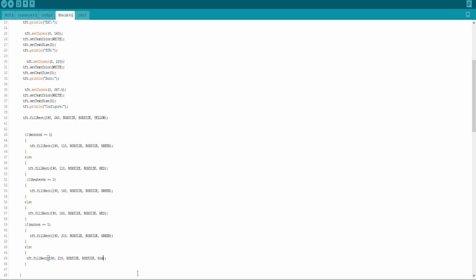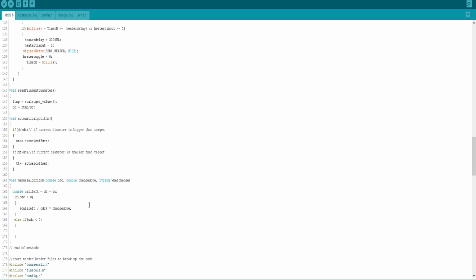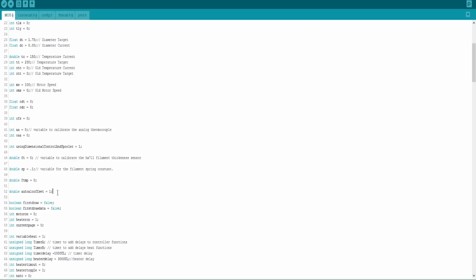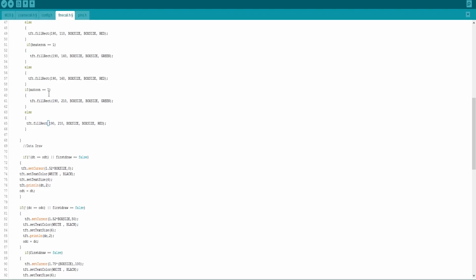And so we're going to have a toggle also on these. So this is pretty simple to know that the toggle is working correctly. So basically what happens is if it's red, then it's not on. If it's green, it is on, pretty much. And so I need to have an auto on down here somewhere, right here, and auto on is equal to 0. So it's going to start off. We're going to go back over here. So while auto on is equal to 1, then it does that, otherwise it does that,